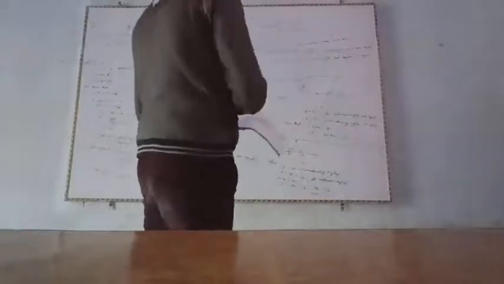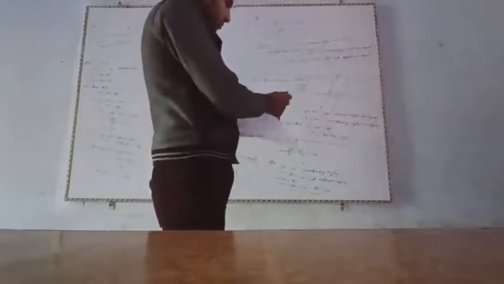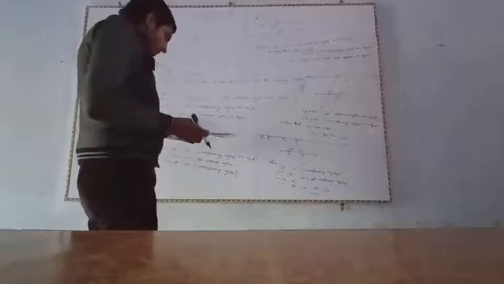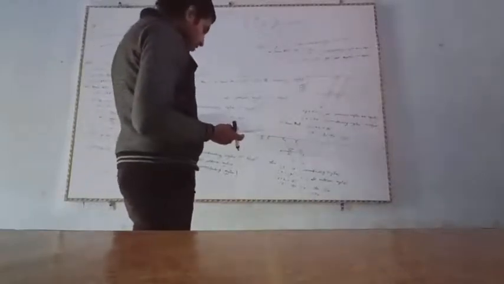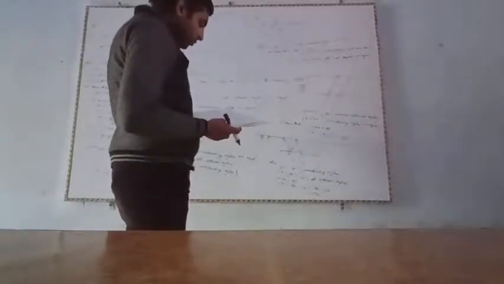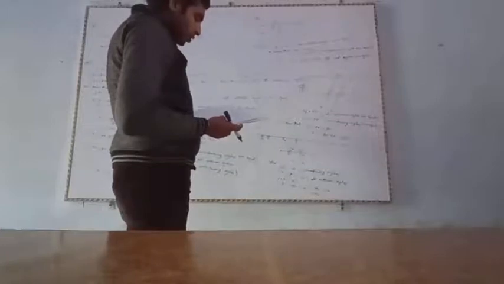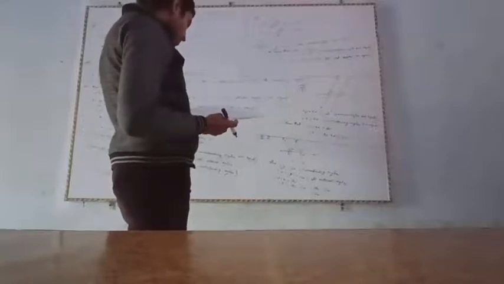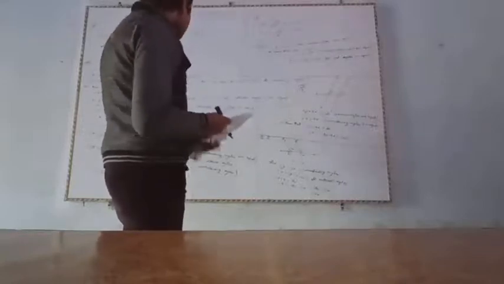Good morning children. Today we will solve our question number 2 in exercise 10.2. Here you are given this problem: in the adjoining figure, P is parallel to Q and R is a transversal. If angle 5 is equal to 60 degrees, then find the measures of all the remaining angles.